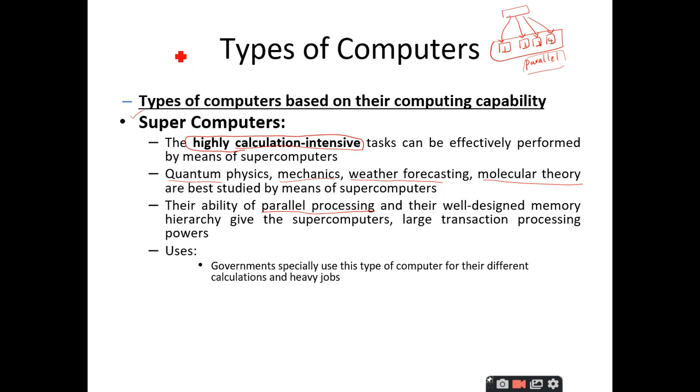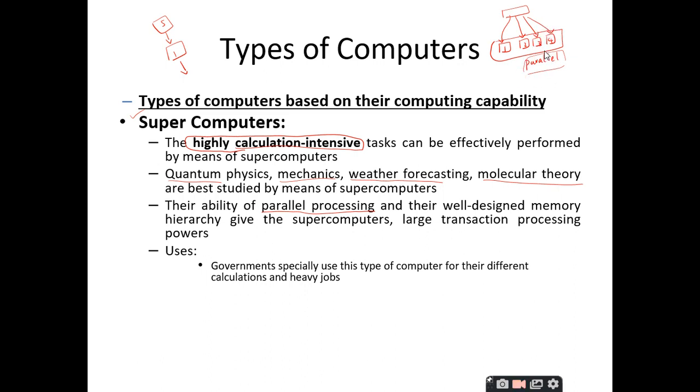But in normal computers, we have only one core. So if you have 5 instructions, you have to give all these instructions in a sequential fashion, one after the other. So it takes a lot of time to execute these 5 instructions. But if you consider the same thing with parallel processing or parallel computing, you can achieve this within very less time.